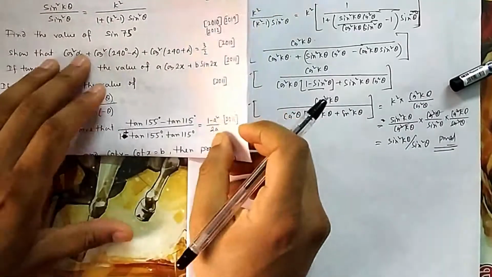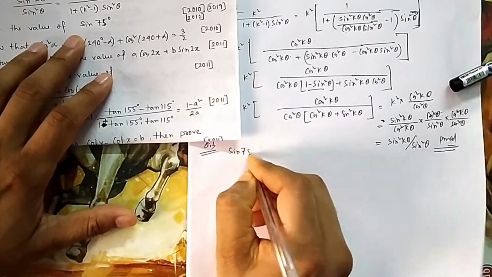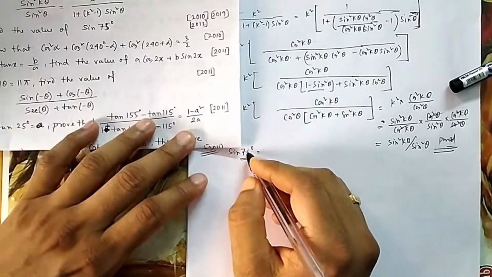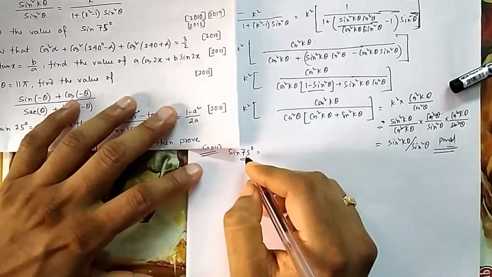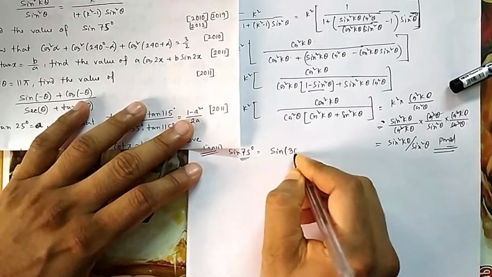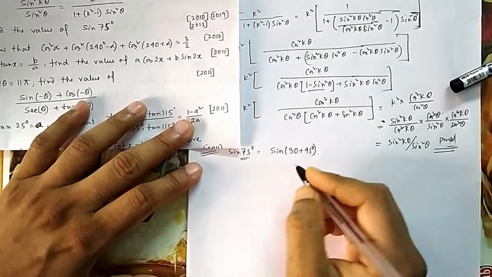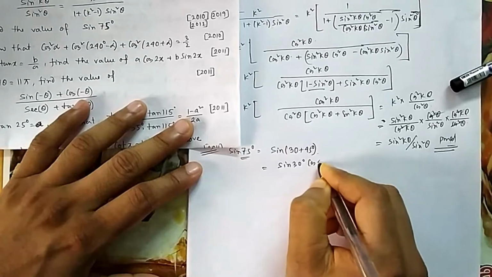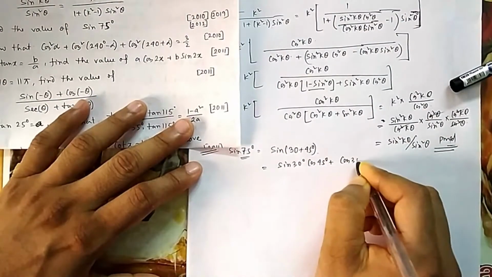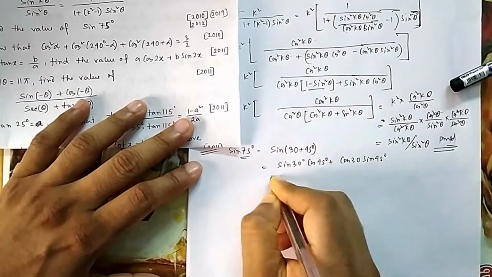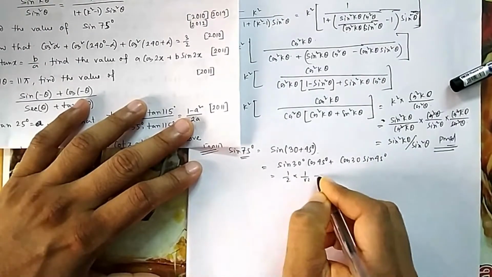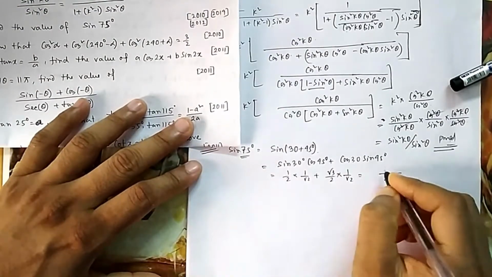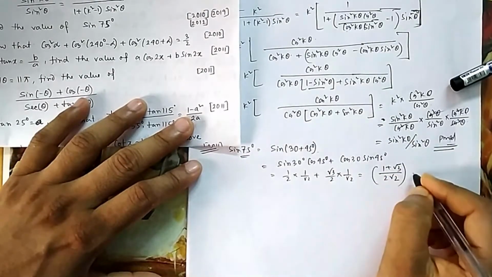So question number 3, find the value of sin 75. Now sin 75, how can we do it? Sin 75, if you try with 90 minus this, then 90 minus 15. 15 you don't know. So what you can do, you can use sin 30 plus 45. 30 plus 45 will also give you sin 75. So you can apply sin A cos B plus cos A sin B. So if we apply all this, it is half, 1 by root 2, cos 30 is sin 60, root 3 by 2. So 2 root 2 and then 1 plus root 3. If you have a calculator, you can solve it or you can keep it.